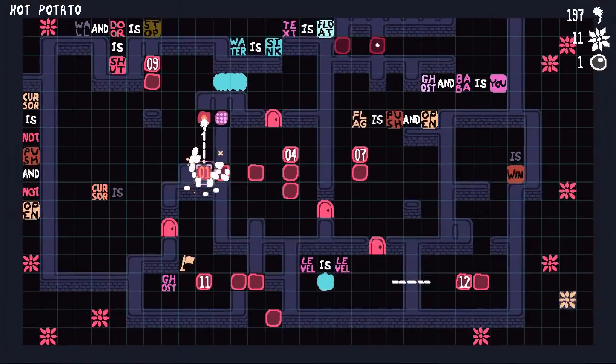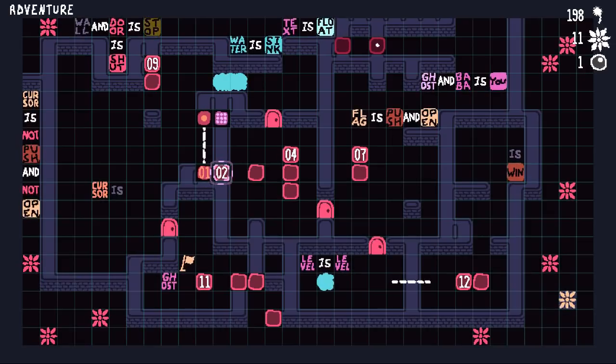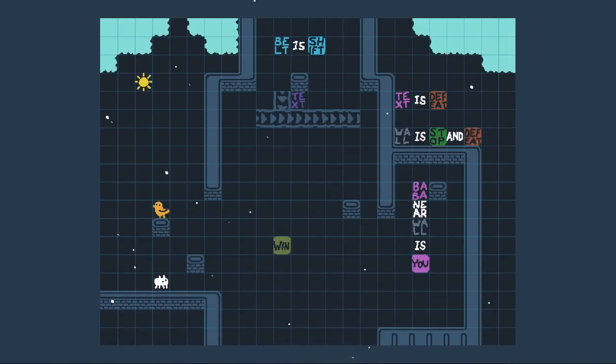Congratulations! I solved the meta layer. On to puzzle number 2, which is called Adventure. Let's have an adventure together. Adventure. Excelsior. There's a bird! We haven't seen a bird since...